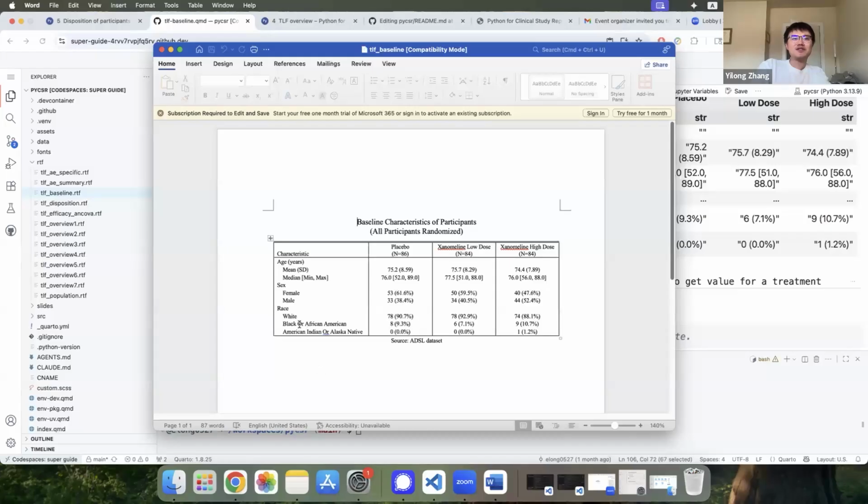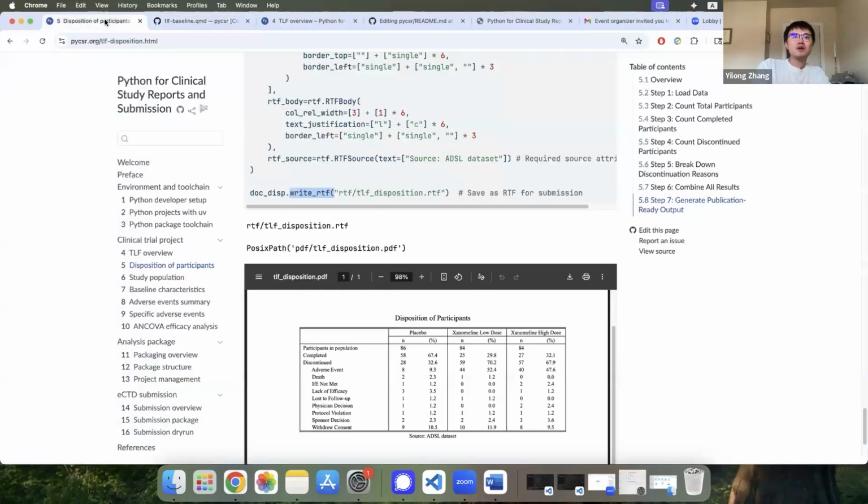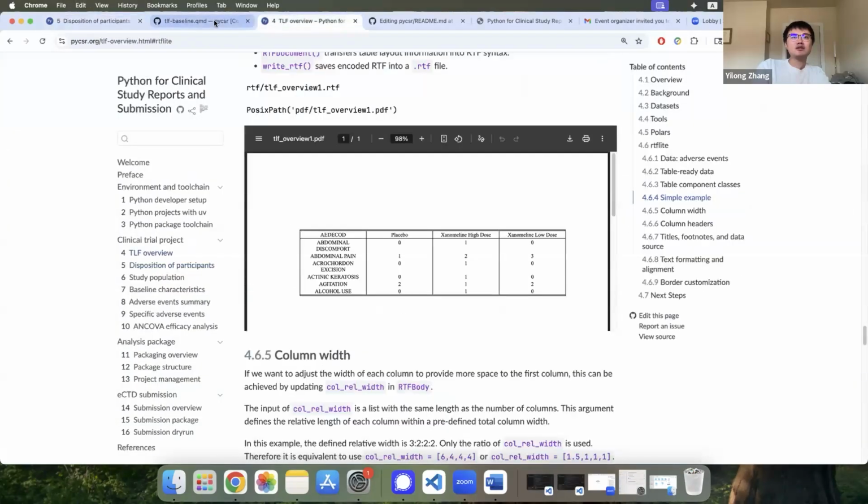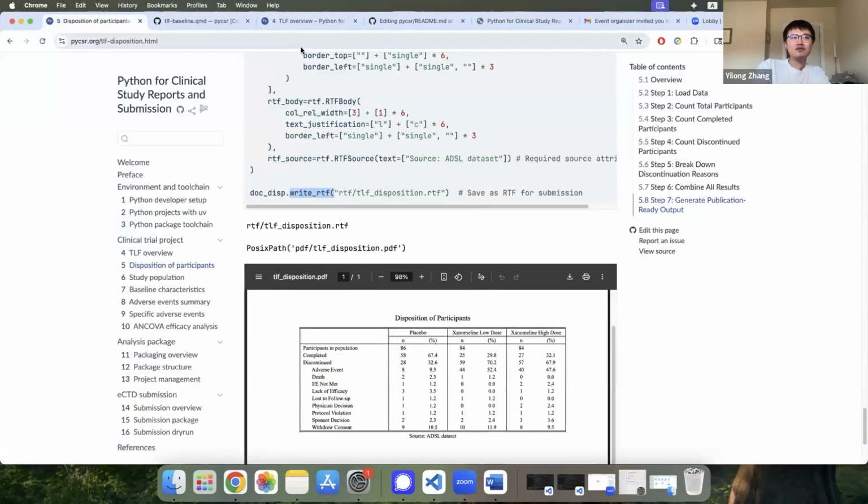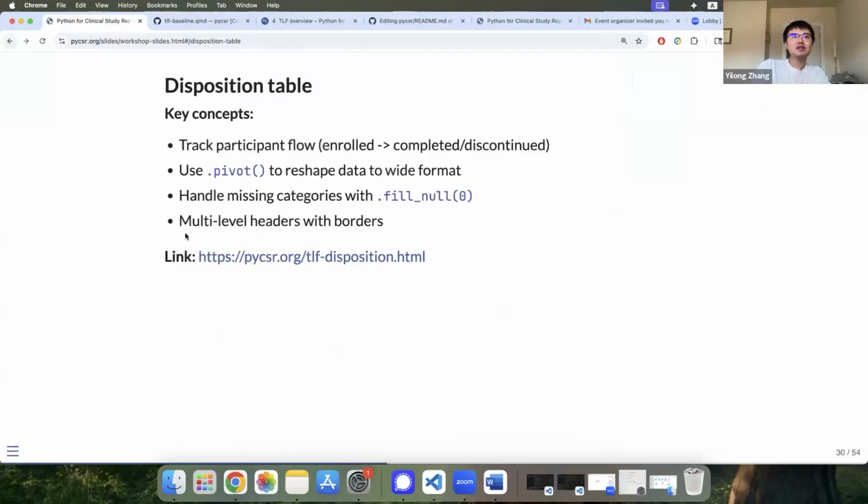One interesting thing, if you are very picky, you can see the title case used in Python is slightly different compared with R. So if you want to treat it carefully, you can do some additional data manipulation before you go into the RTF formatting stage, right? All right, I think we covered a single table well. I hope this gave you some general idea about how to create a single table.